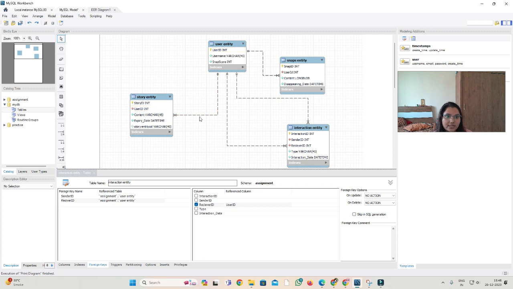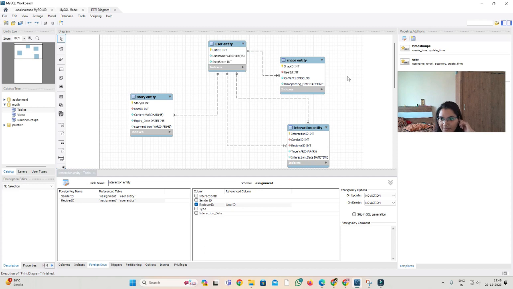The story entity is basically containing the user id with all the other content, like varchar, expiry date, story entity, and the story id also. So it is for the story. Next we have the next schema, that is the snaps entity.